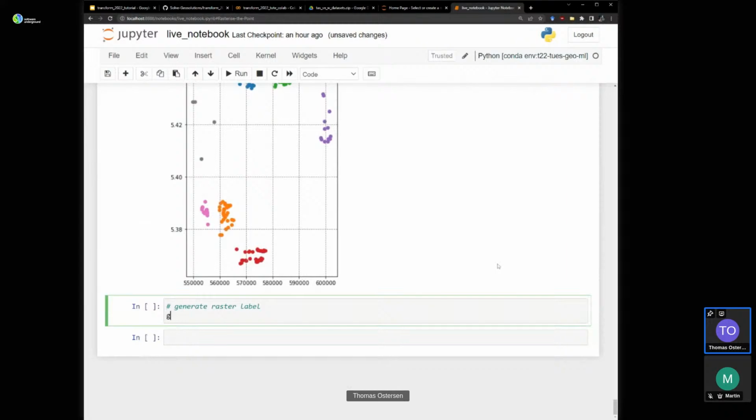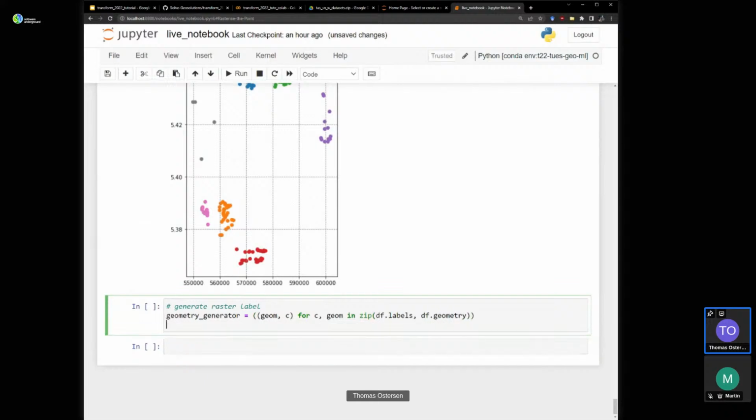We need a geometry generator again, equals geom C for C, geom in zip df labels, df geometry. That should work. Call it cluster map equals rasterize. This is that raster module again. Shapes equals geometry generator.